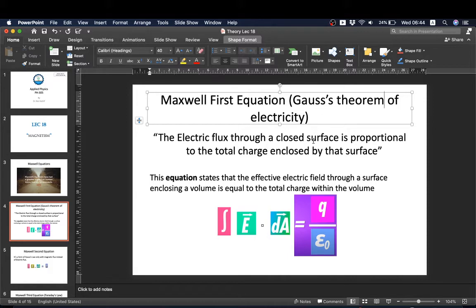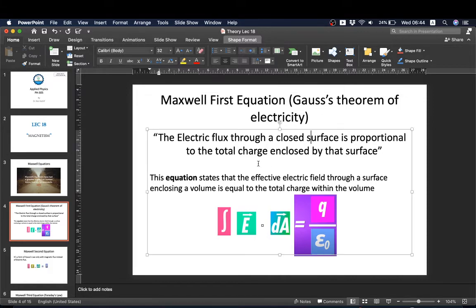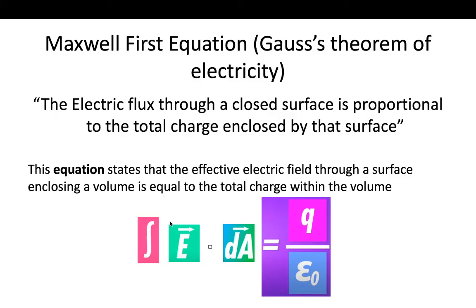So what is the main idea behind this? The main idea behind this is, let's do it with the equation. So the equation starts with